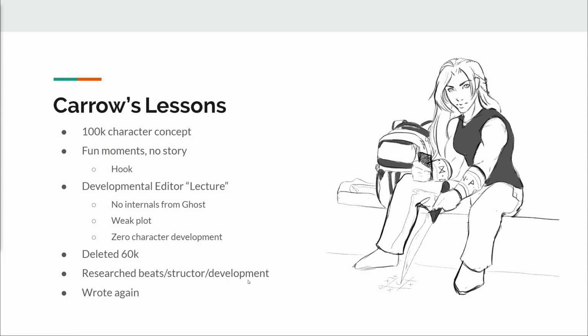She was a malformed Valkyrie. She was kind of an outcast from her society. And while I was writing the book, I was really more exploring her concept, how she thought, and how she would work in the world around her, rather than thinking more about the story that I was supposed to be writing. My developmental editor also pointed out that I didn't have a lot of internals from Ghost. She never processed anything, which is a really big requirement in urban fantasy.